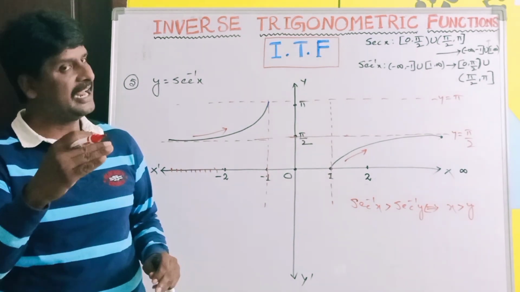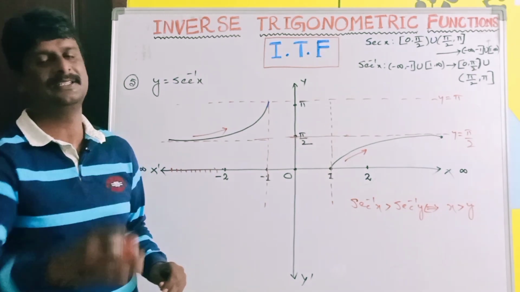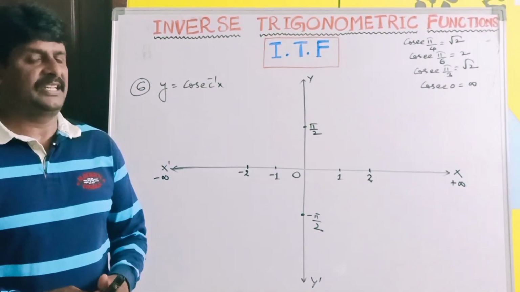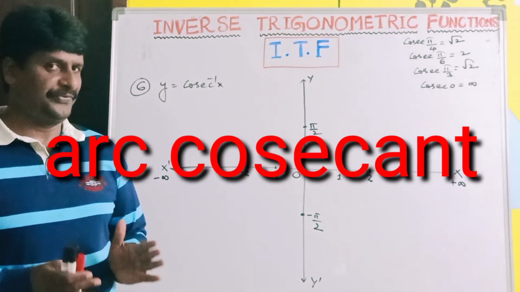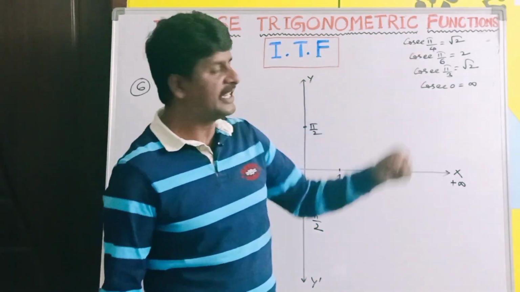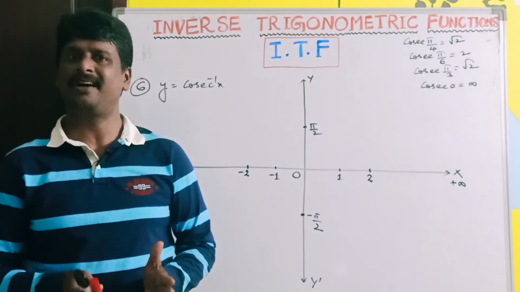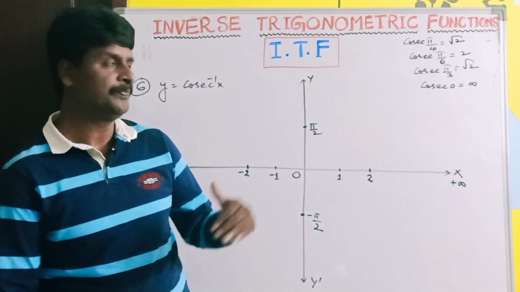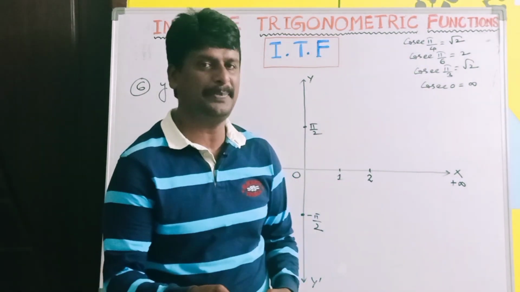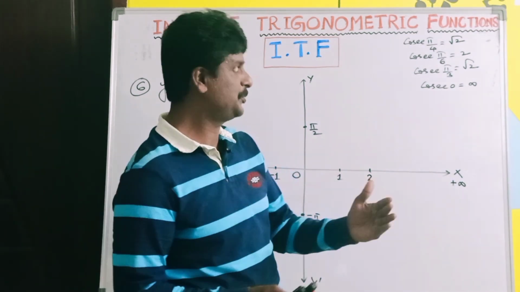Let's go to another graph, our last graph, that is y is equal to cosecant inverse x. See, the cosecant inverse x graph. Let us see a few known values about the cosecant function first of all. Cosecant pi by 4, of course, is the reciprocal of sin pi by 4. Sin pi by 4, we already know, is 1 by root 2. Cosecant pi by 4 will be root 2. Cosecant pi by 6 means sin pi by 6. Sin 30 degrees is 1 by 2. Cosecant 30 degrees is 2 itself.